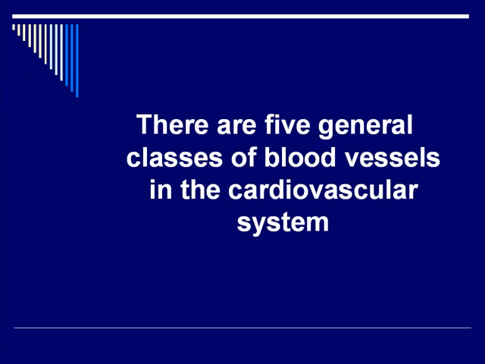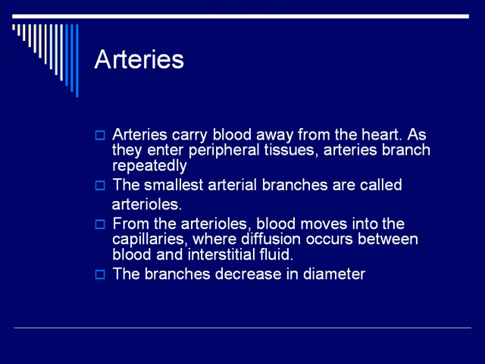There are 5 general classes of blood vessels in the cardiovascular system. Arteries, the small arterial branches, the arterioles, each of which, as you see, the diameter of the blood vessels will progressively get smaller and smaller as we get through the arterial circulation. From the arterioles, blood basically moves into capillaries. It's at the level of the capillaries that you see an exchange between oxygen and CO2, typically at an end organ level. Then the diffusion, once that occurs, the deoxygenated blood, or blood with a higher concentration of CO2, will